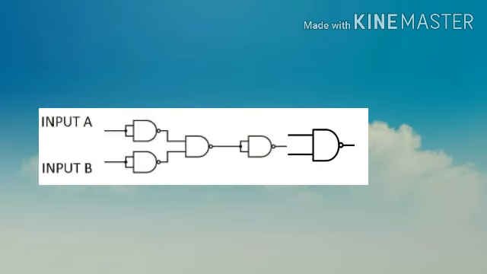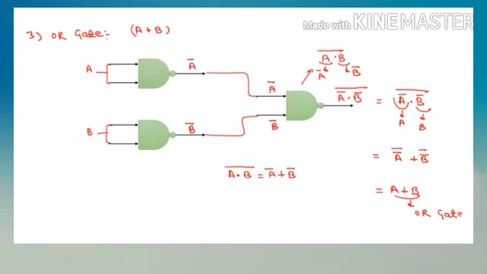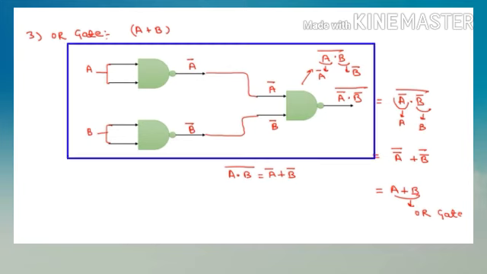But we have to derive OR gate. So next to that, we have to connect one NOT gate. The series NOT gates will cancel each other and we get this diagram. So this is the diagram of OR gate. See, in this diagram, two NOT gates are there and one NAND gate is there. The next two NOT gates cancel each other. So we'll get this much of diagram, and this is the diagram of OR gate.